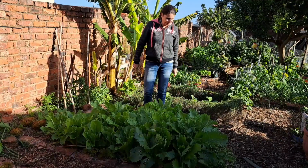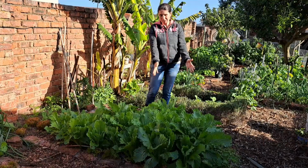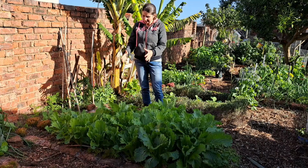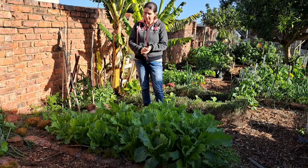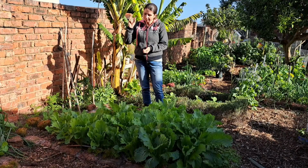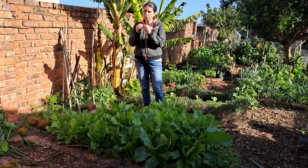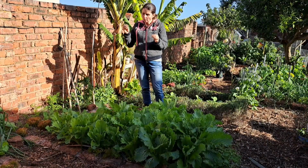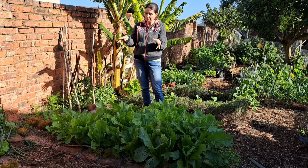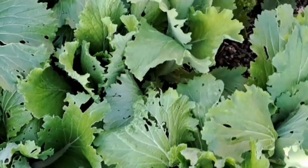I'm very happy with my Chinese cabbage. They are doing fantastic. The ones that I had planted on this side of the bed were in seed trays. And then the ones that I planted on this side were in the paper pots that I had made for an event that I spoke at. And I thought I could just plant them straight in, but I think I made the paper pots too thick. So it took them quite a long time to actually get established, until their roots got through the paper pots. And in the meantime, they had struggled a lot with snails